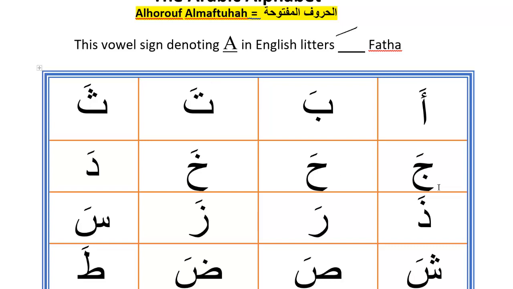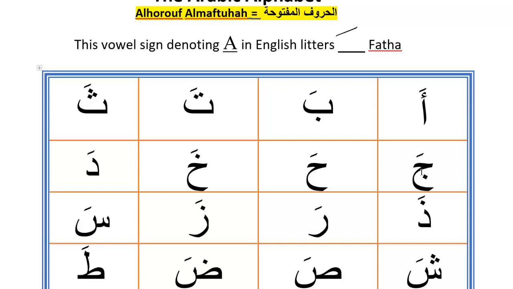Why G and ja and ga? Because sometimes you need to use G, and sometimes J, to denote or equal the English letters. So you should know that. And also in Arabic language, some words you have to say ja, and some words you have to say ga. Okay, so